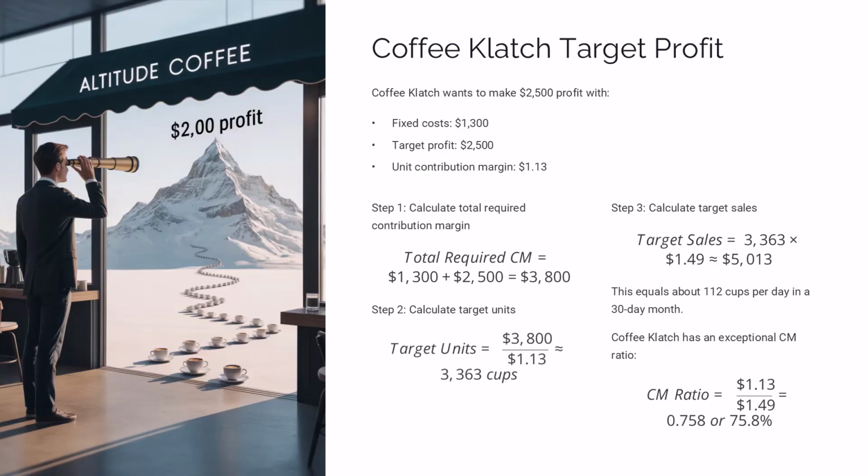Here's a fascinating detail that explains modern business strategy. Companies with high contribution margin ratios like software, 85%, coffee, 75%, or cosmetics, 80%, can afford to spend heavily on customer acquisition and still be profitable, while low contribution margin businesses like grocery stores, 15%, or gas stations, 10%, need massive volume and can't afford any customer acquisition costs.